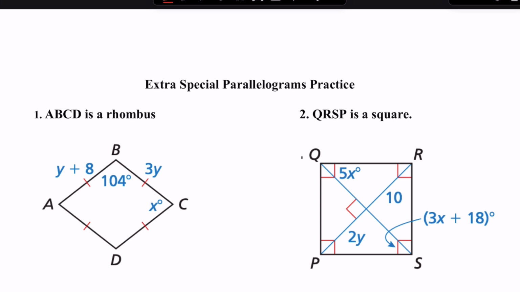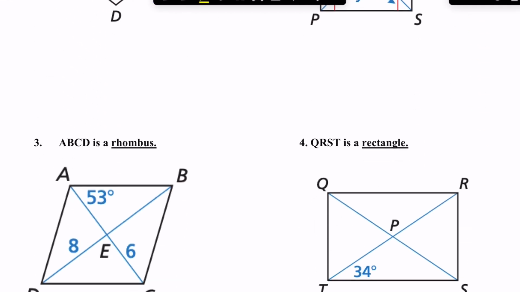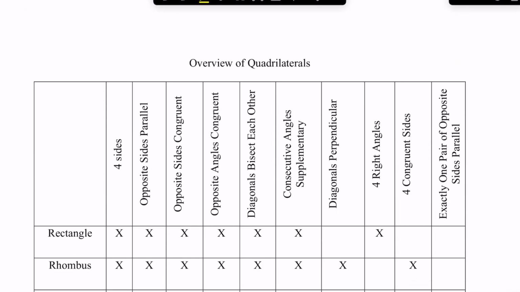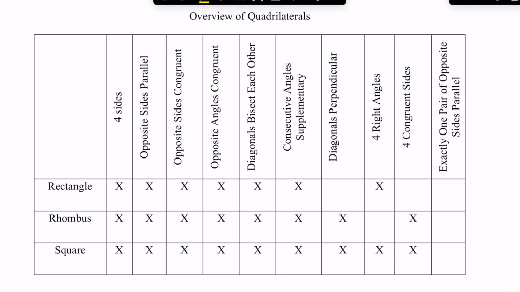In number 1, it says that ABCD is a rhombus. Something I did for this video is I put a copy of the last 3 rows in the chart so that we can practice using this chart to help us mark our pictures. So I'm looking at the rhombus row. I know that the opposite sides are parallel, they're congruent, that the opposite angles are congruent, and that the consecutive